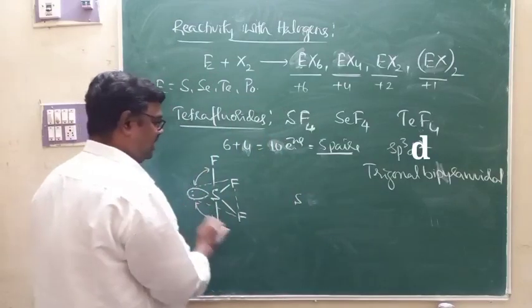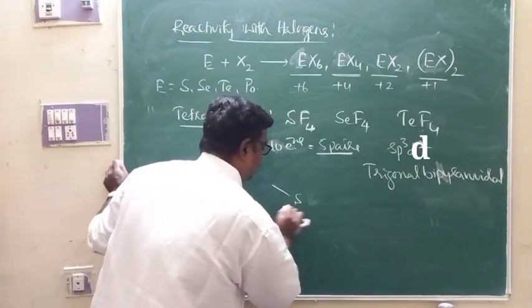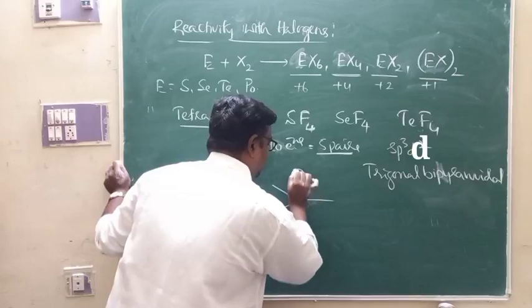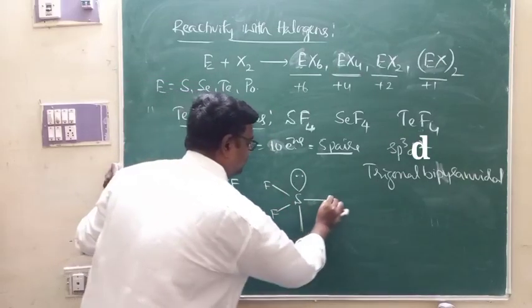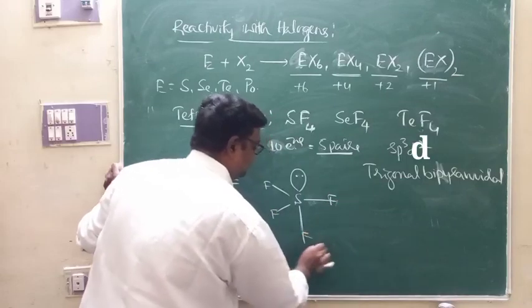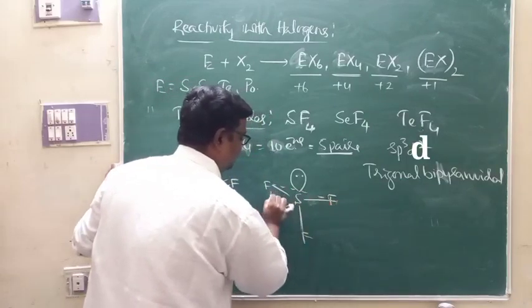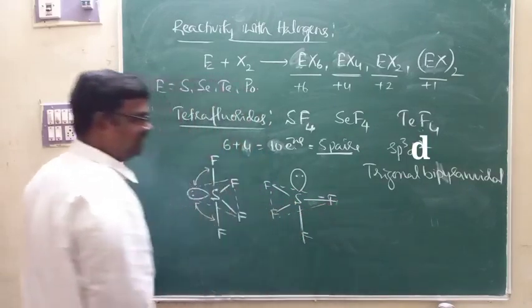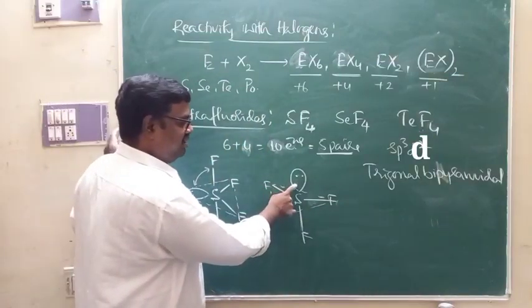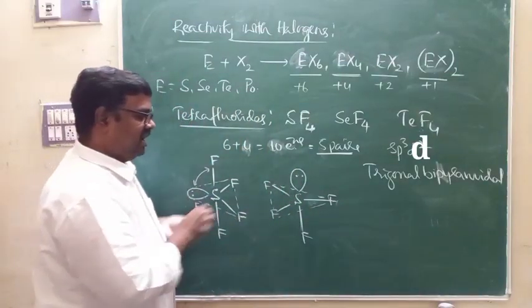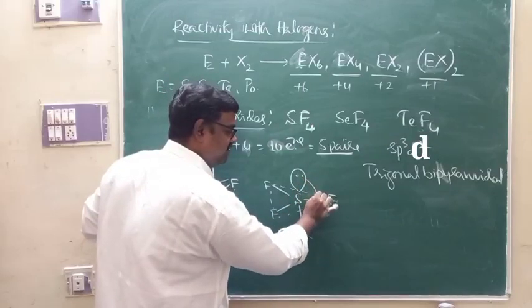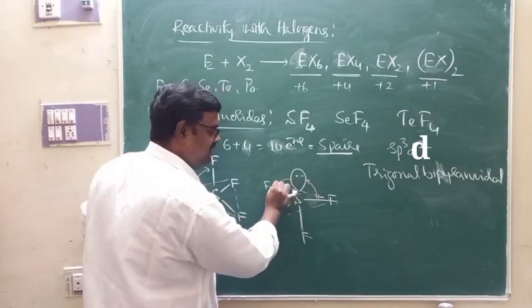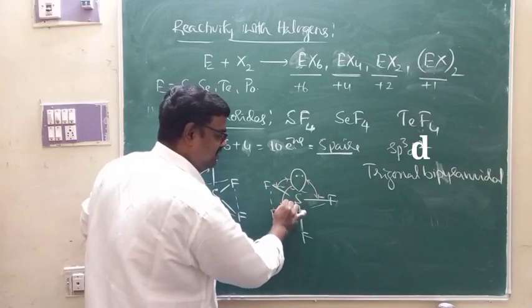ಇಲ್ಲಿ equatorial ಇಟ್ಟಿದೆ. ಈಗ ಅದೇ ಲೋನ್ ಪೇರ್ ಅನ್ನ ಆಕ್ಸಿಯಲ್ ಹಾಕ್ತೀನಿ ನೋಡಿ. ಈಗ ಆಕ್ಸಿಯಲ್ ಹಾಕಿದೆ. S, this is F, this is F, this is F and this is F. ಹೌದಾ? These fluorine atoms are at the S, it is one plane. ಹೌದಾ? ಈಗ ಈ ಲೋನ್ ಪೇರು axial position ಇದ್ರೆ at an angle of 90 degree it will suffer a repulsion with ಇದೊಂದು lone pair bond pair repulsion, ಇದೊಂದು lone pair bond pair repulsion, ಇದೊಂದು lone pair bond pair.